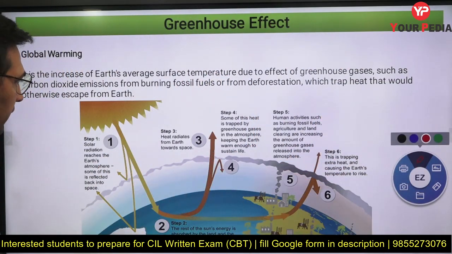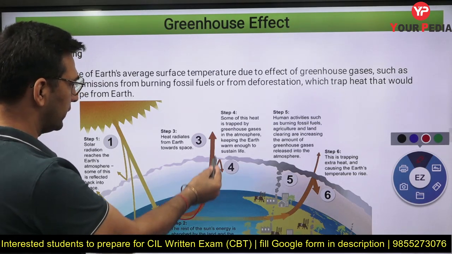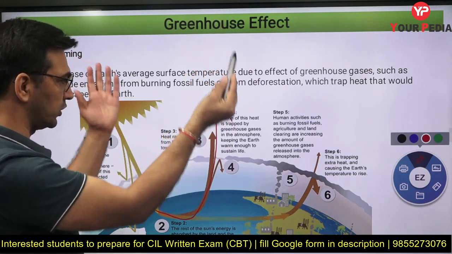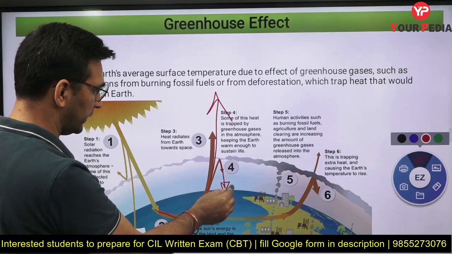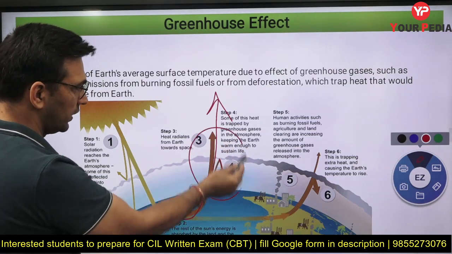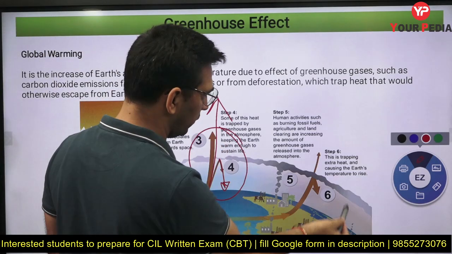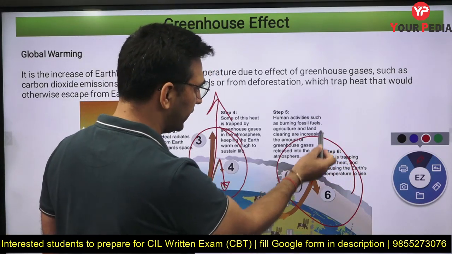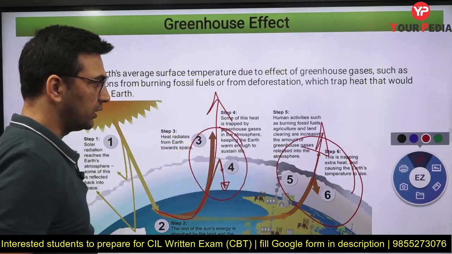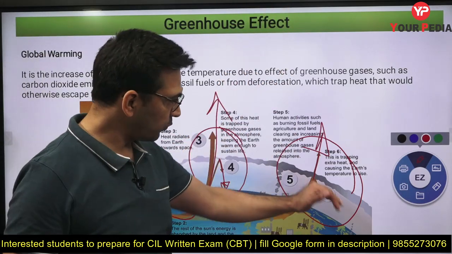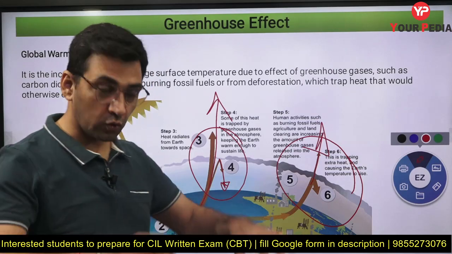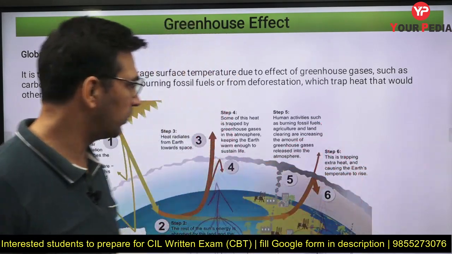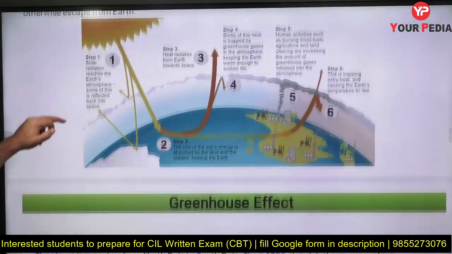If you see over here, earlier a larger portion was going out into the outer atmosphere, and a smaller portion stayed. This is the natural case. And right now, because of our activities, this is the situation which exists: a smaller portion of the heat is getting out into outer space, whereas a larger portion is staying within the atmosphere, and therefore overall warmth is increasing. That is why we call it global warming.